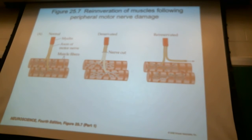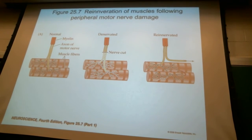So, as we looked at so far, peripheral nervous system can regenerate their axon, and then they can trace back where they used to run. But in the end, it has to make connection with the target cells. How do they know where to terminate? Well,